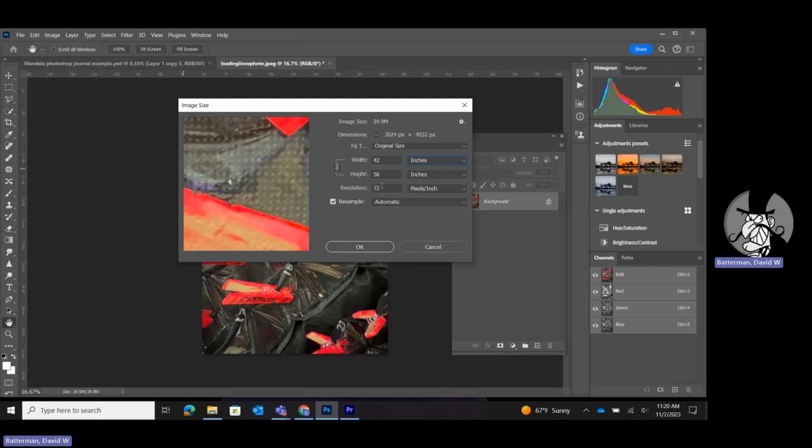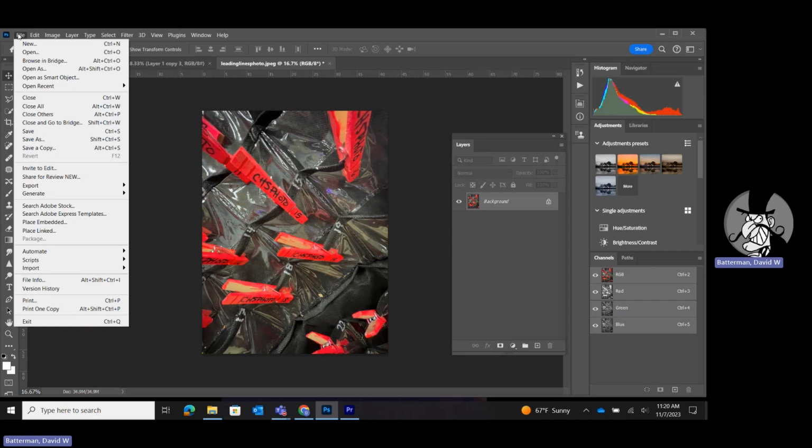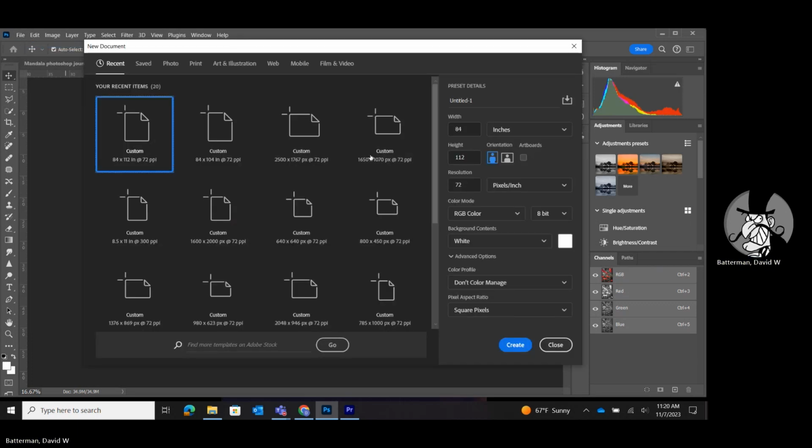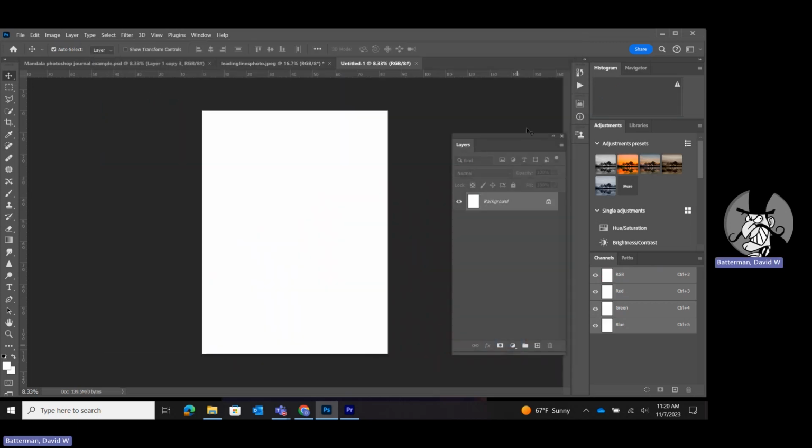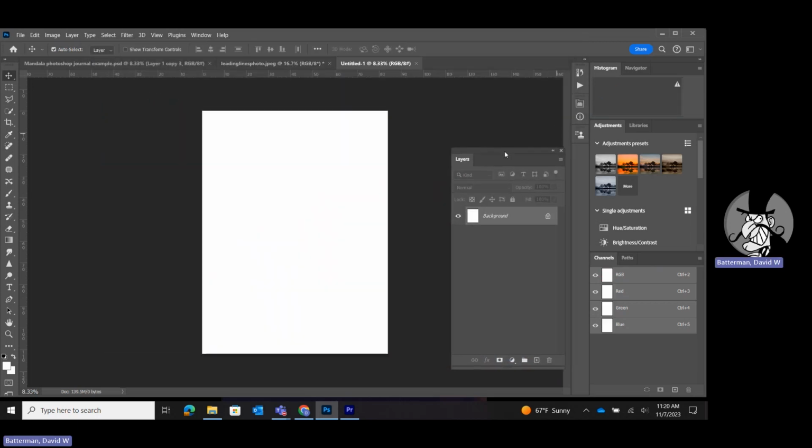So now that we have this information, I'm going to hit cancel. I'm going to go to File, New. I'm going to make sure that this right here is in inches, right? And I'm going to put in 84 as my width. 112 is my height. And again, like I just said, you're matching your resolution at 72. So you're going to hit create. That's going to bring up this very lovely blank